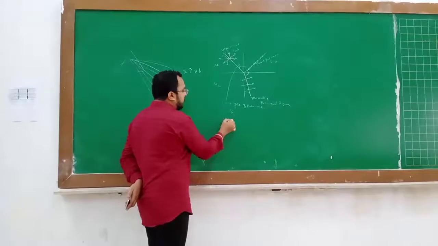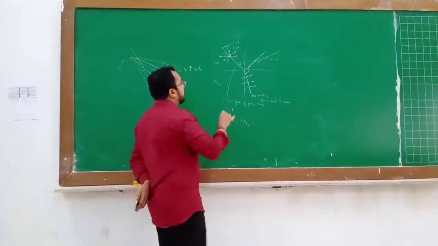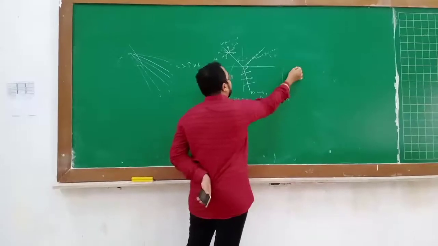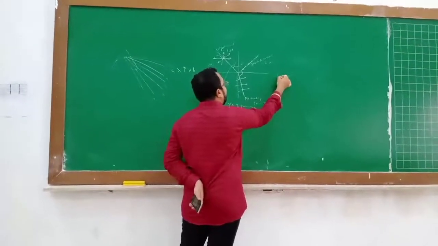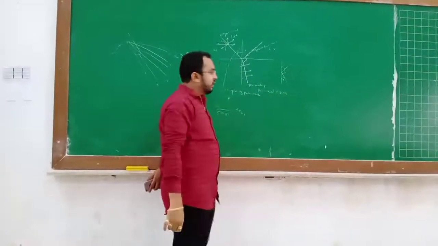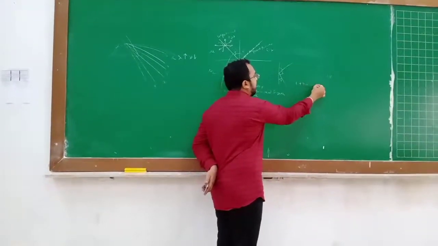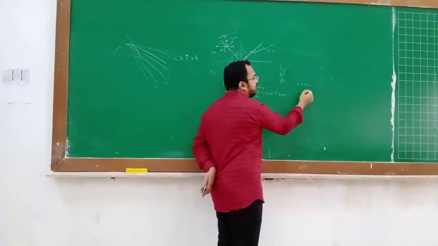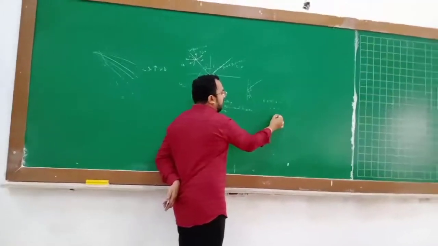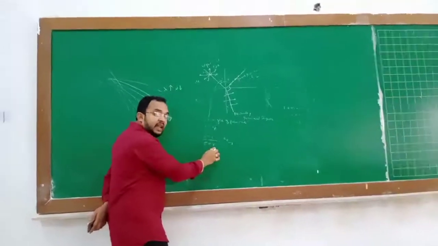So how we can prove sin I upon sin R is equal to mu. Now see here, this is I, so this is also I. This one is R, and this one is 90. Now these three angles are supplementary, meaning the sum of the three angles is 180 degrees. So I plus 90 plus R is equal to 180 degrees. I plus R is equal to 90 degrees, since 180 minus 90 is 90. From here R is equal to 90 minus I. So we can replace R by 90 minus I.